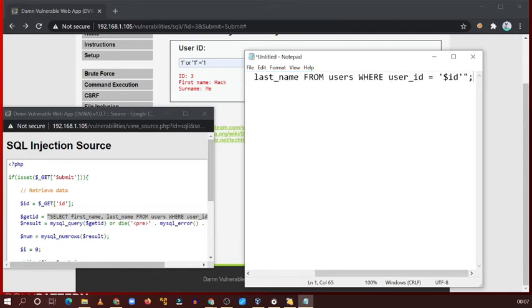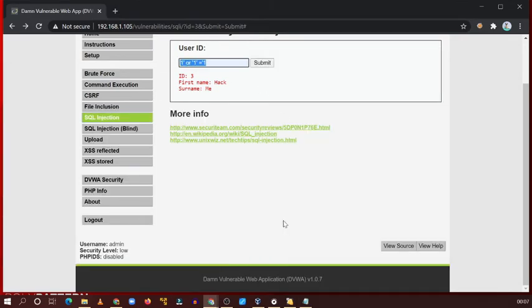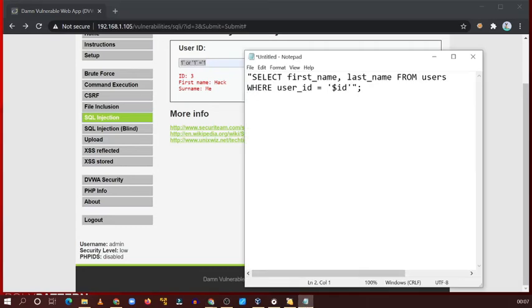Now try to balance the query, right? If we put this thing, then what will be the condition here? Just replace the id part here. See, id equal to 1, right? Or 1 equal to 1, which means both the conditions are true, right? And it is balanced too.